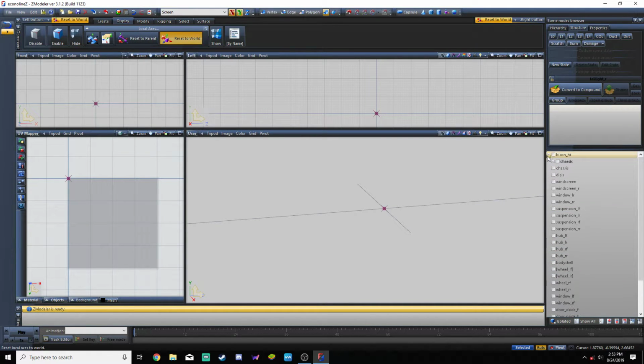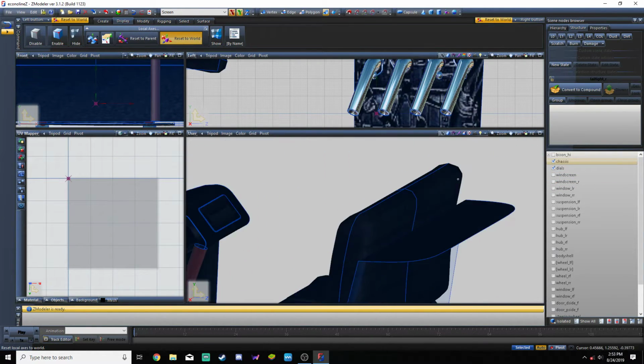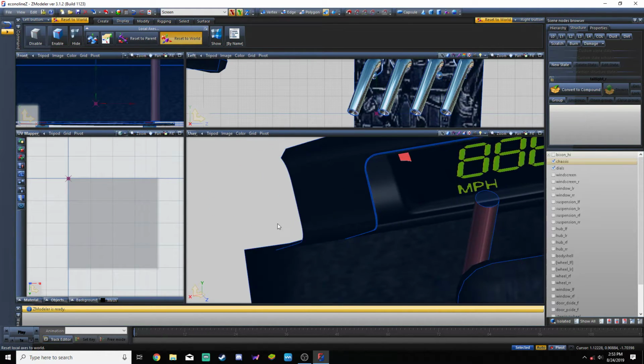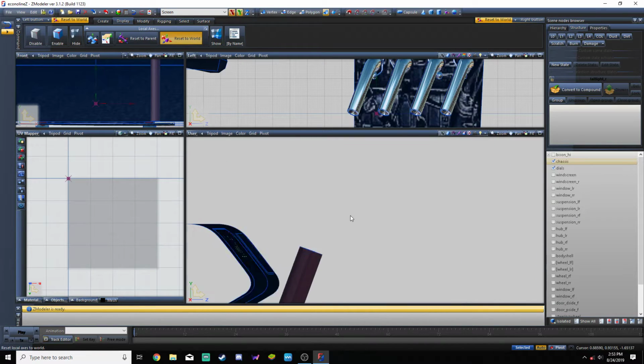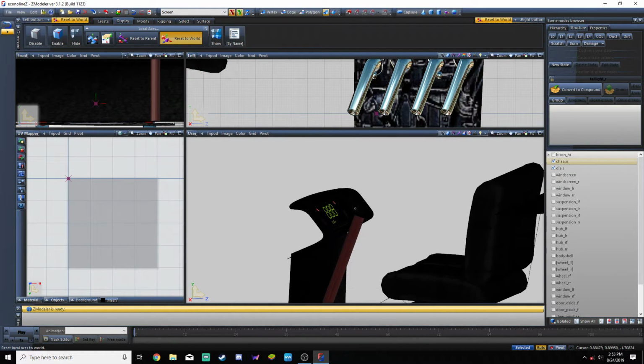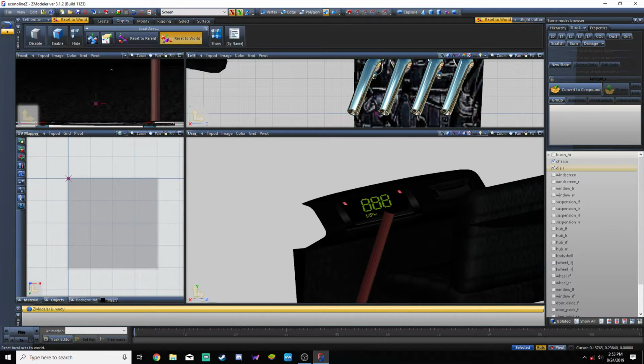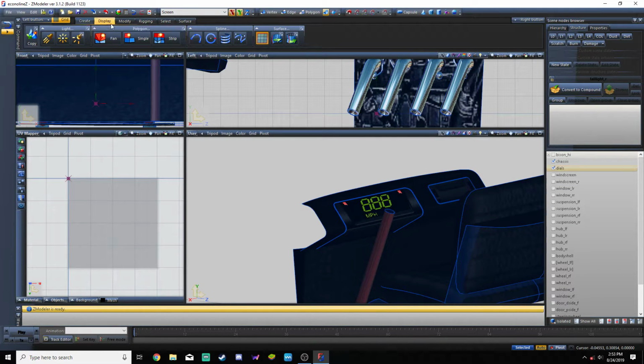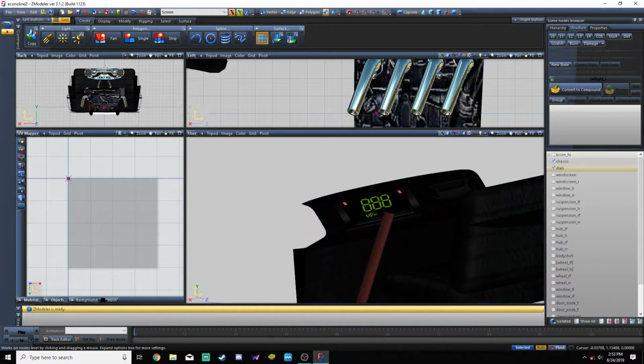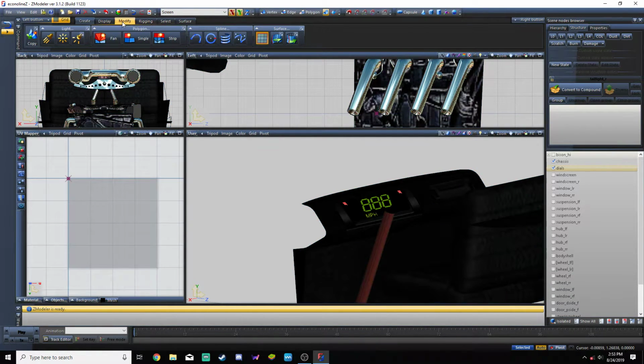So now we're gonna start replacing things. I did add dials in here that go along with the chassis on the dashboard. With this, I just went polygon mode, selected just this part, detached it from the rest of the chassis, so that it was just that part showing. And then I went create grid from the back, and then just dragged it over,